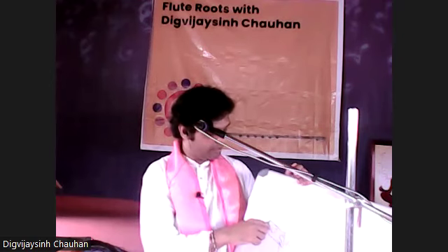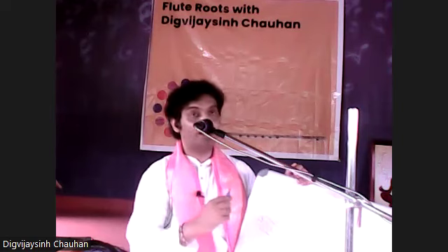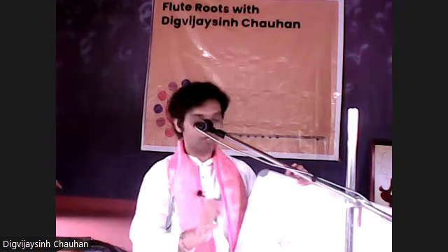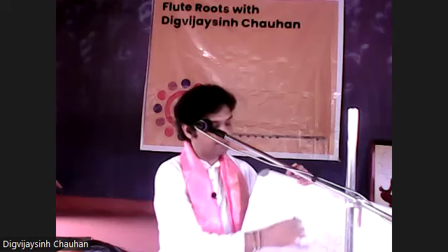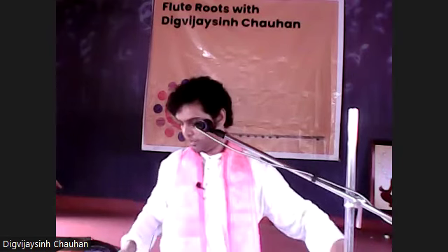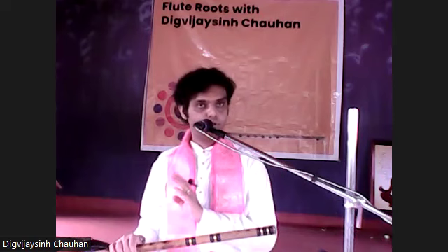After that you will be improvising Sa, Ni, Dha. Then you will be improvising in Sa, Ni, Dha, Pa. After that the Re will come, Ga will come, Ma will come, like this. So our first objective is to improvise between Sa and Ni. I will play one phrase, let it complete fully, then after that you play.